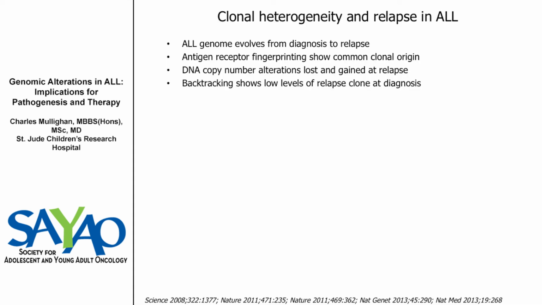So we've known that the ALL genome is not static, it evolves from diagnosis to relapse. That's been known from cytogenetics for many years. And we and others showed some years ago using SNP arrays that the majority of diagnosis and relapse clones from a given patient share a common clonal origin, and that was shown by various levels of alteration. We showed that DNA copy number alterations, that's deletions and gains, show marked evolution from diagnosis to relapse. And we could also use backtracking in many cases, so molecular backtracking, to show low levels of the relapse clone